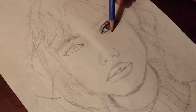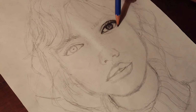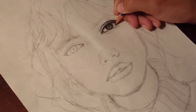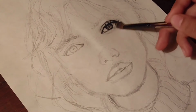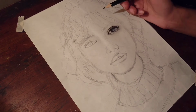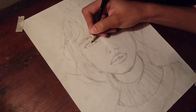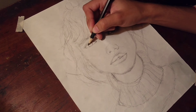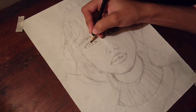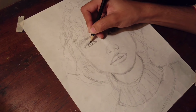And if you ever go to an art school, they don't prefer using the darkest grade pencil. They always give their students an HB pencil, and I'm not saying that it's wrong. Okay, it's right somewhere, because it is hard for a beginner to use the darkest grade pencil. But after practicing, after a few months of art school or learning, you always need to use the darkest grade pencil,